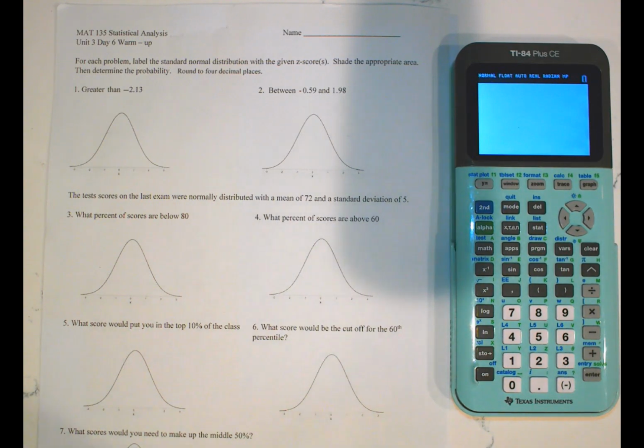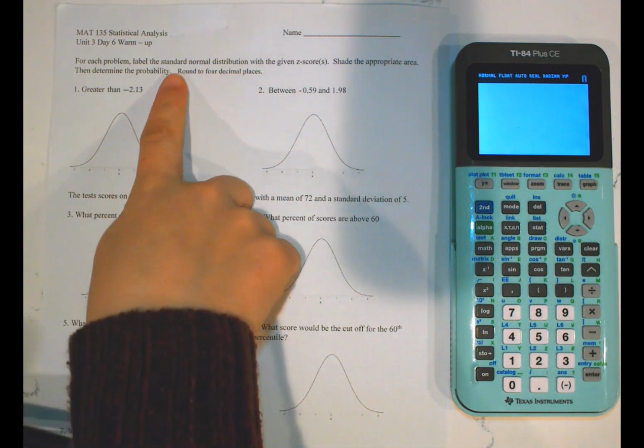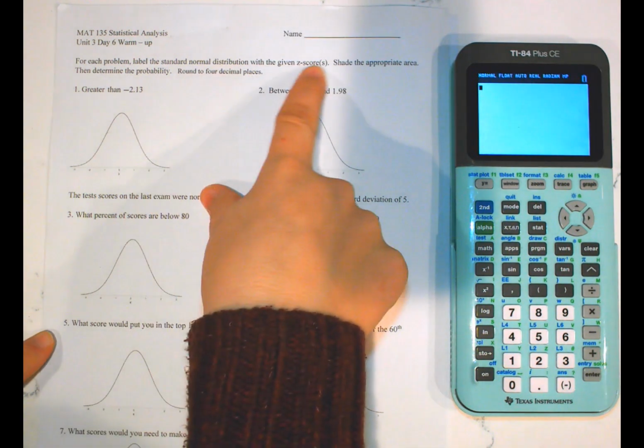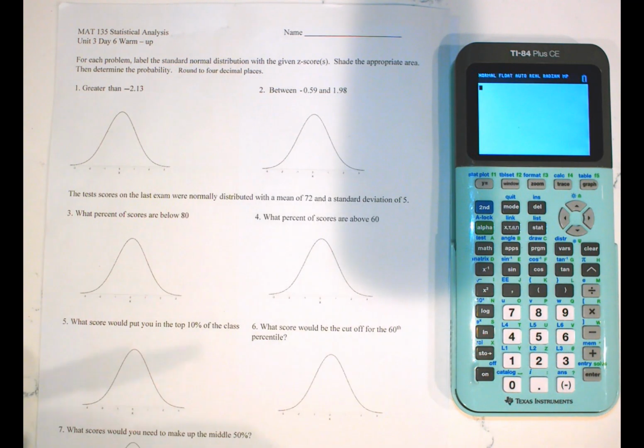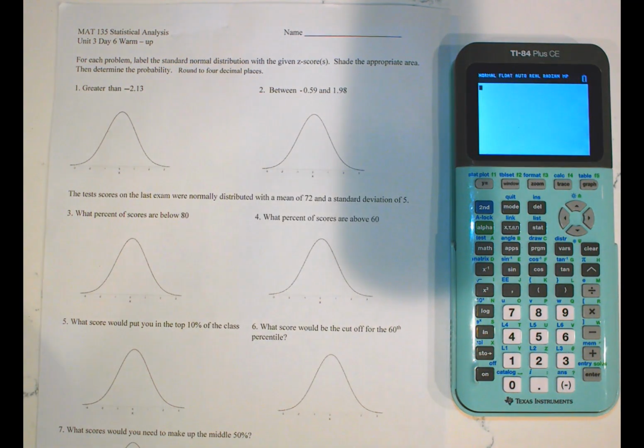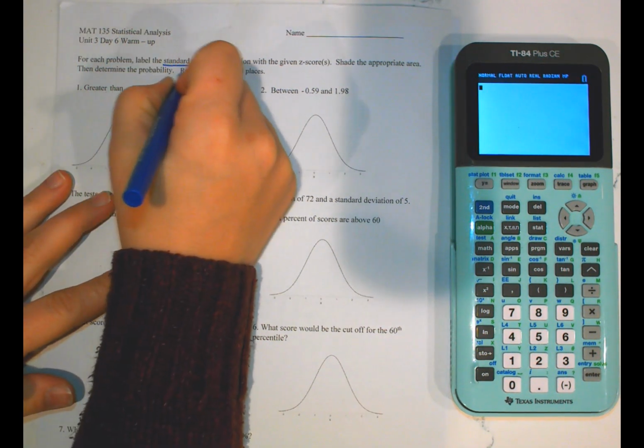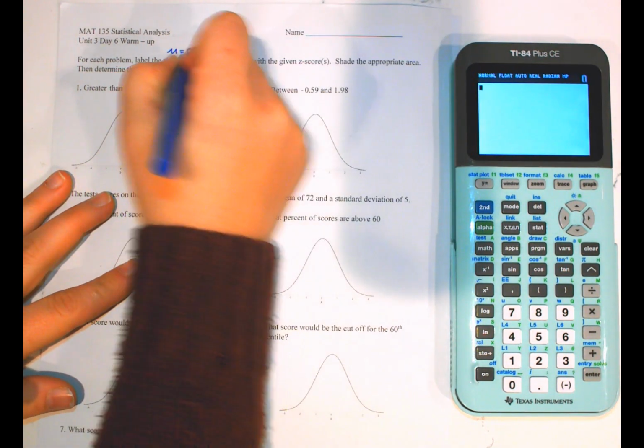All right, so for our warm up today, we're reviewing our normal curve, our standard normal, and our regular normal probabilities. So let's look at a couple examples together as we do this warm up. For each of the problems, label the standard normal distribution with the given z-score, shade in the appropriate area, then determine the probability. So remember, in a standard normal curve, the mean is always 0 and the standard deviation